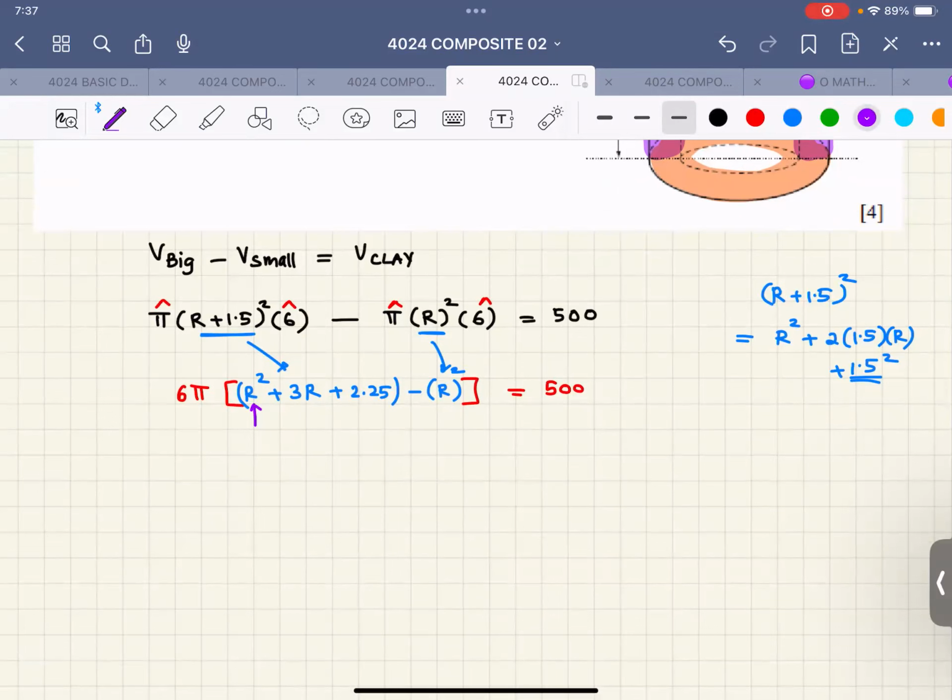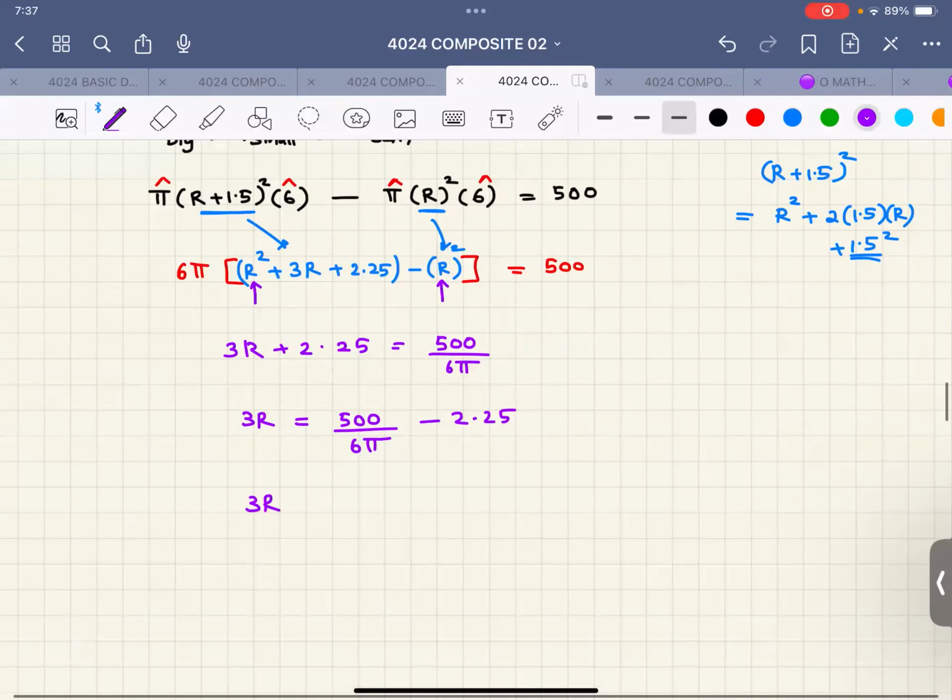So therefore, this r square cancels out, and then we have 3r plus 2.25 equals 500 divided by 6 pi. Therefore, 3r equals 500 over 6 pi minus 2.25. Now I'll use the calculator. First of all, 500 divided by 6 divided by 3.142. This comes out to be 26 point